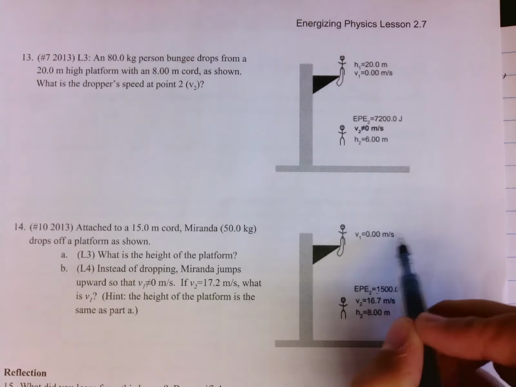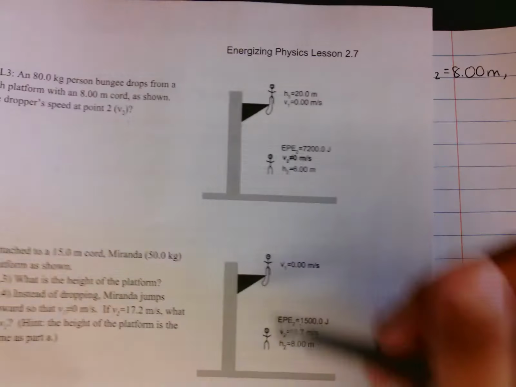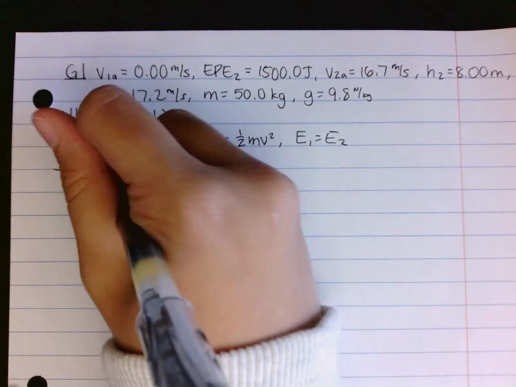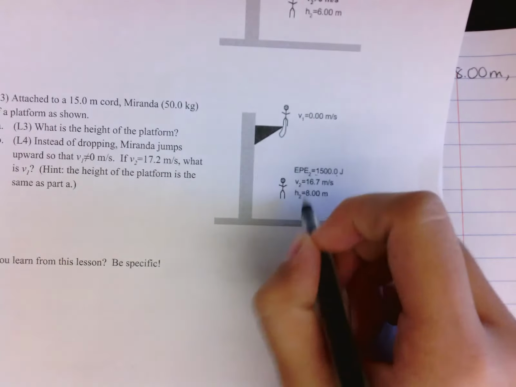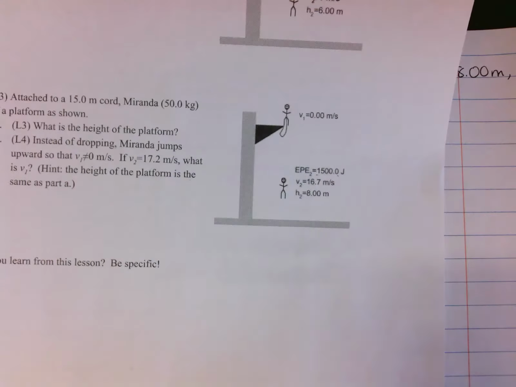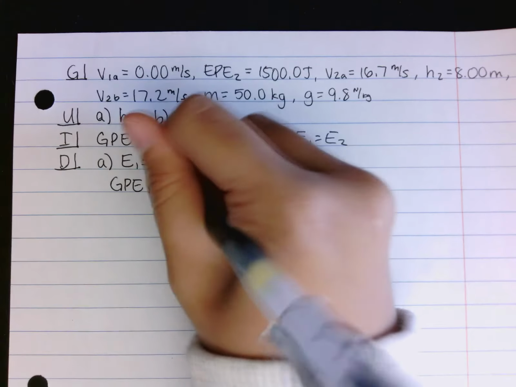At 1, velocity is 0, so there is no KE, so there's only GPE because there is height. And at point 2, we can see there is height, velocity, and EPE, which is a value given to us. So there is EPE,